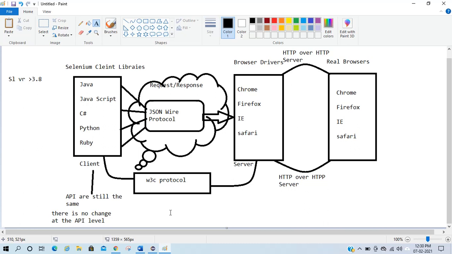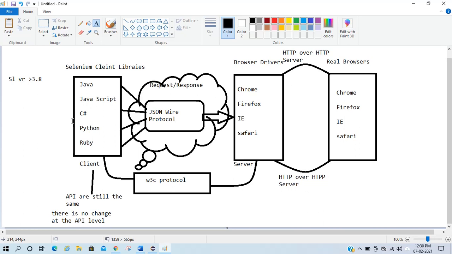So the benefit is, suppose in the earlier version, when you were running your script in multiple browsers, sometimes you may have observed that a test case which works fine in Chrome is not working fine in IE.